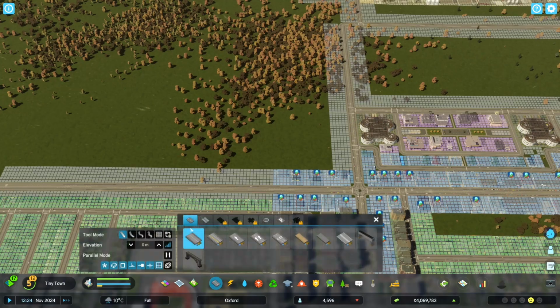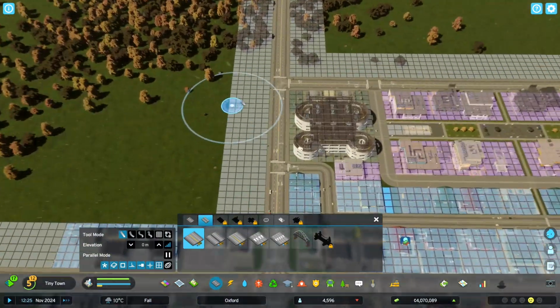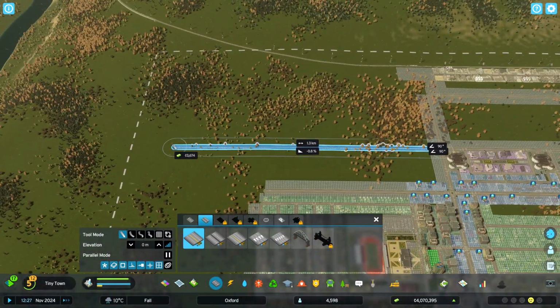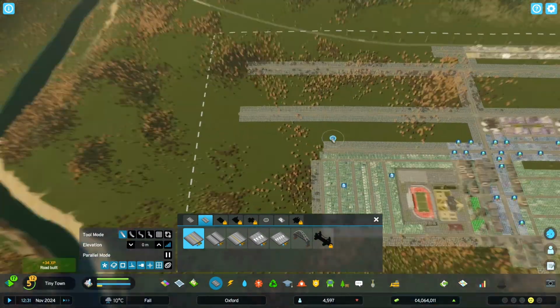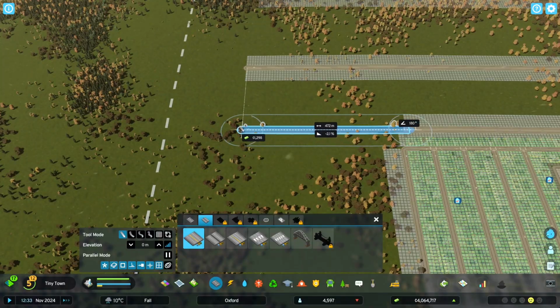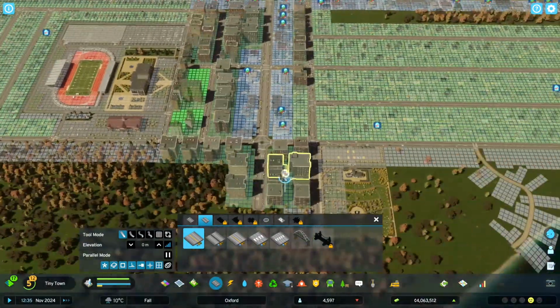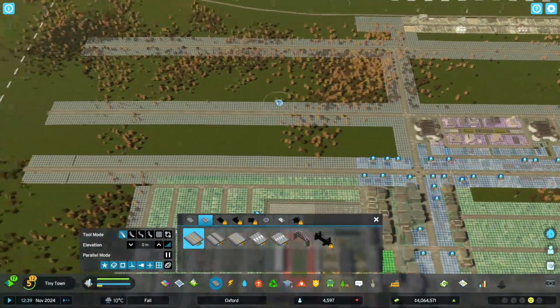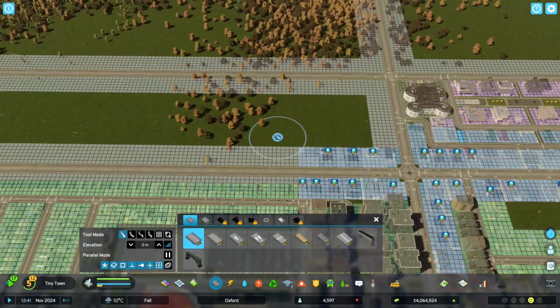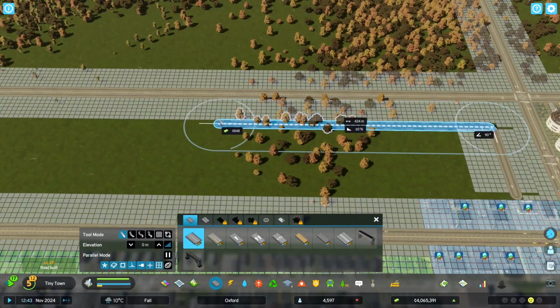So we'll go through the usual of placing down these medium roads just to kind of lay out the rough area. I've sped up the time just because it's not particularly exciting to see me place lots of roads down. So that kind of divides the area now. I'm hoping that these medium roads will last a while in terms of keeping the traffic flowing.